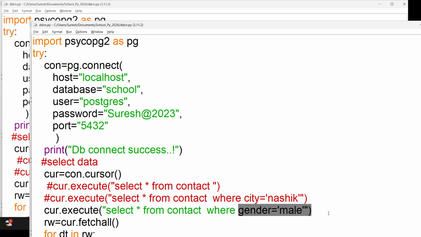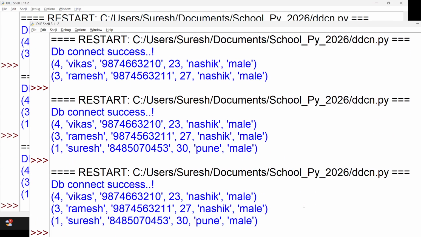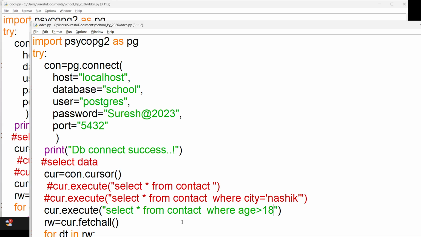Where age is some. Assume that you want all the records of adults, where age is greater than 18. Now if you perform the query, you can have all the ages which are greater than 18: 23, 27, 30. Okay, so this is how you can write.